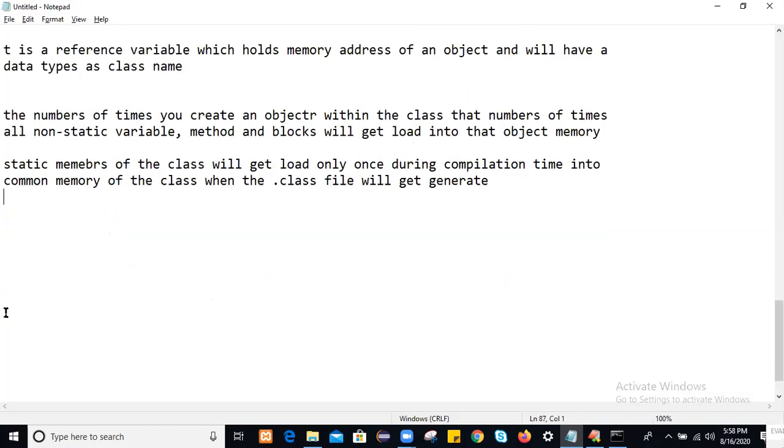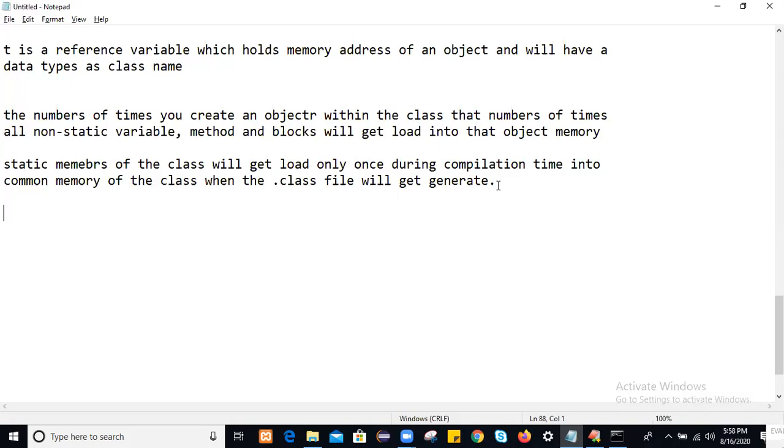So if we discuss performance, you are creating multiple copies for non-static members, but for static members a copy is created only once. So if you compare performance-wise, static members of the class are always better than non-static members.